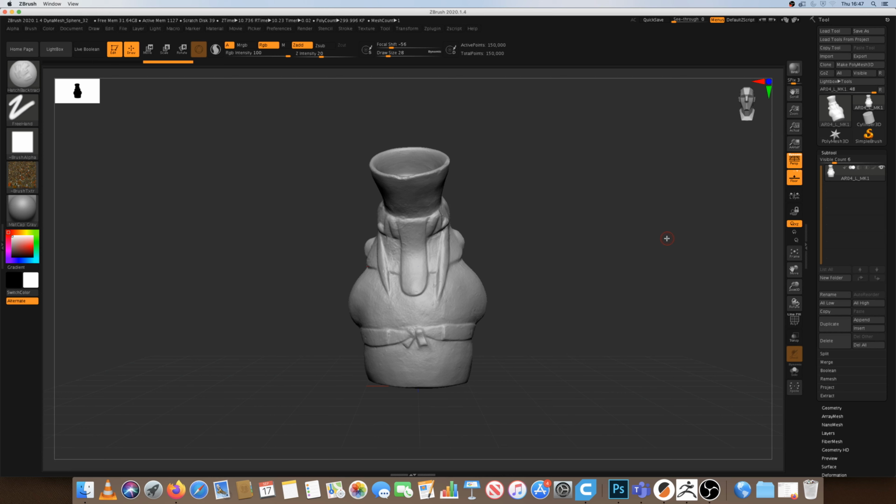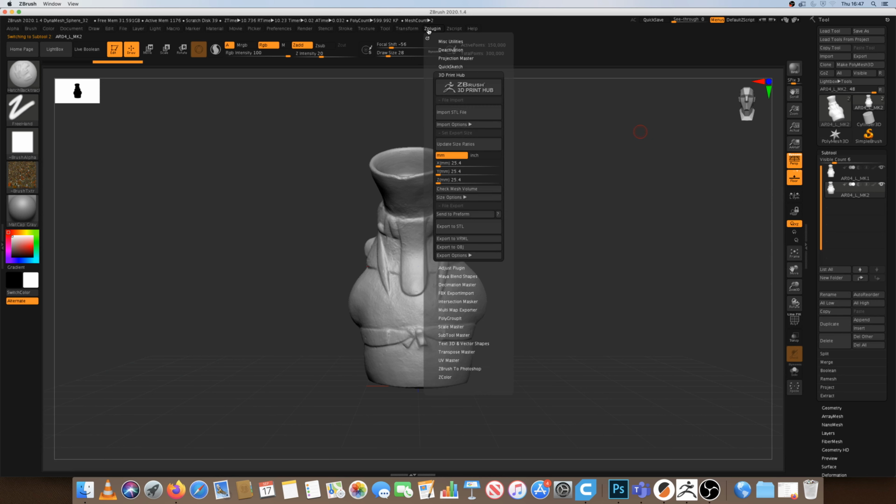Next up, we're going to import a second file. I had a look at the ones you sent me, and some of them were in a format called FBX. So I'm going to show you how to import those. So we duplicate our one object. We then go to Zplugin, FBX ImportExport,